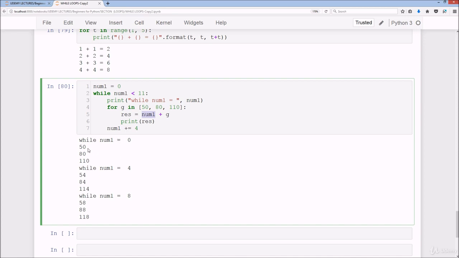So as you can see here, 50, 80, 110, which are the initial values, because obviously when you combine num1 being 0 with all of these elements, it's just going to be the elements themselves. So 50, 80, 110, and then when we start with 4, so we're incrementing from 0, then to 4, and then to 8. So next time it's going to be 54, 84, 114, and then after that we add 8 on. So you have 58, 88, and 118. Okay, so